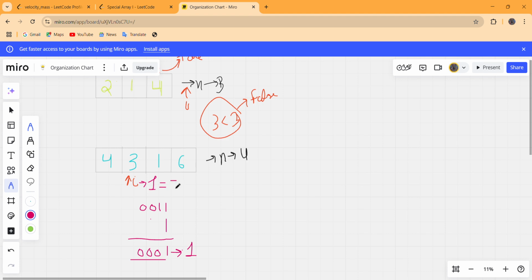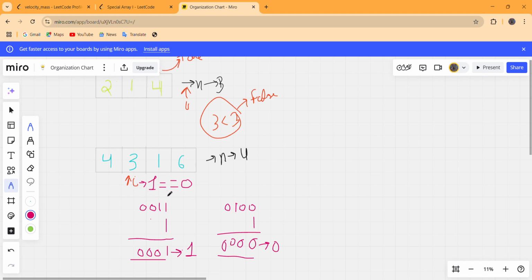Is nums of I AND 1 equal to the previous element's, that is 4, and 4 is written as 0 1 0 0, AND 1? 1 and 0 is 0 and the others are also 0, so this will generate 0 in decimal. Is 1 equal to 0?